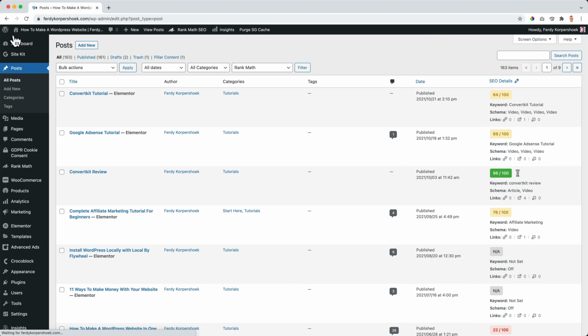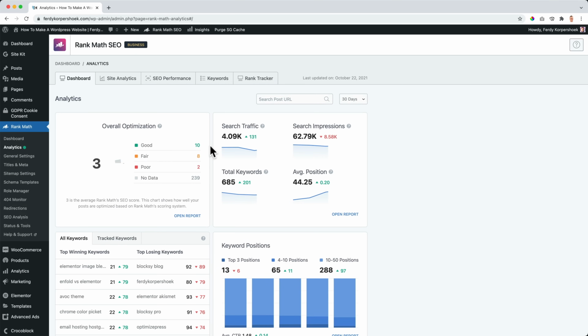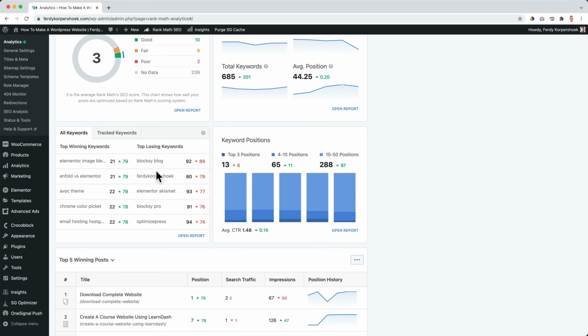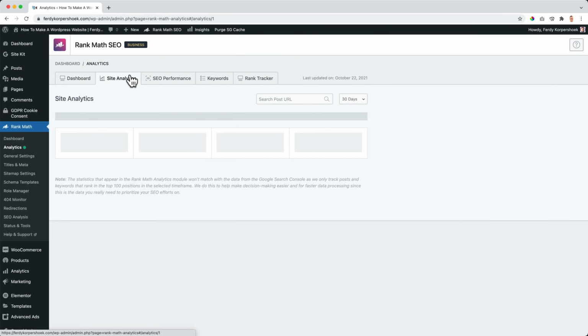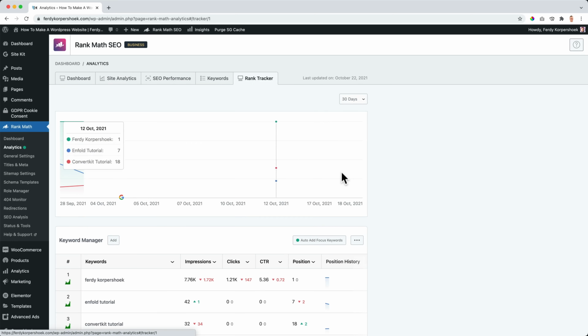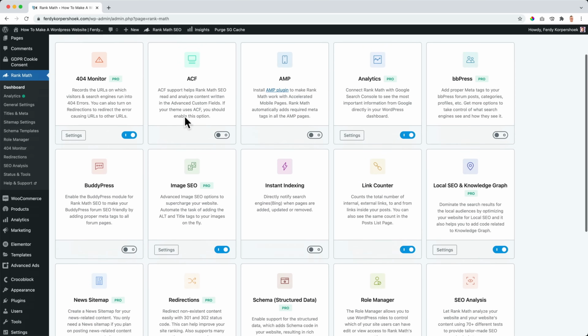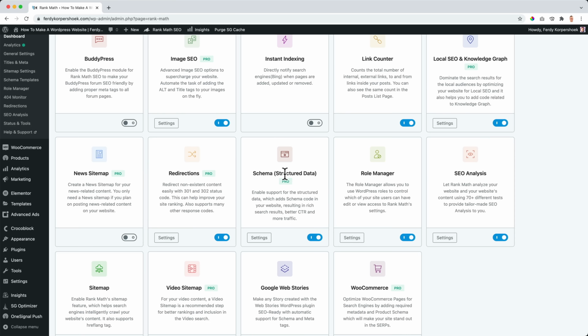What else? We talked about it already, but if you go to RankMath Analytics, you can see all the analytics of the keywords. So I talked about this already. Those tabs give you a lot of information. They can help you to optimize your website. So I want to dive a little bit deeper with schema markup within RankMath Pro. Let me first go to the dashboard. Make sure that schema markup, schema structured data is turned on and it has the Pro label.